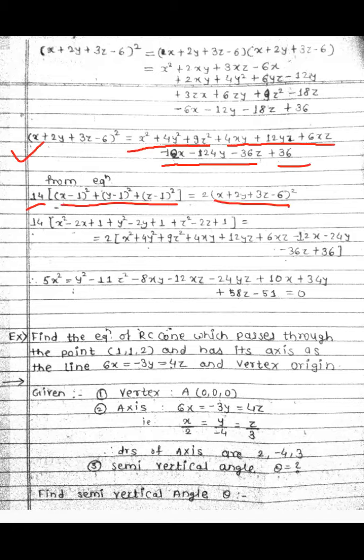Now add all of them together and collect the terms in sequence. That means the squared terms appear initially, and after that the terms involving 2 variables. Then collect the terms involving 1 variable, and at the end there is a constant term. So this is the value of the given bracket square. Now put this bracket square value into our previous equation. So this is our equation, and put this squared value into it instead of the bracket.